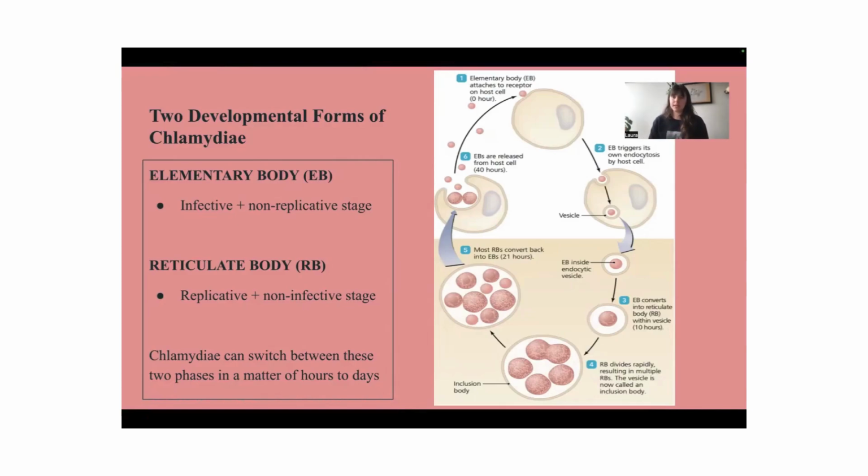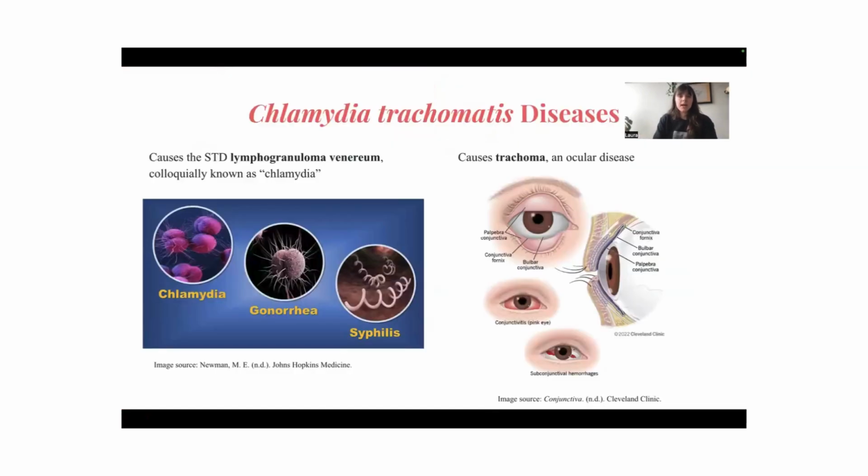So it's really, really interesting that they switch between the infective but non-replicative stage and then the replicative but non-infective stage, and vice versa. They just keep going through that. We're going to mostly focus here on Chlamydia trachomatis, a specific genus and species of chlamydia, because they cause two